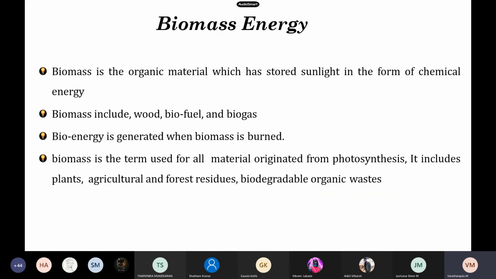This is the subsequent topic, biomass energy, which is organic material that has stored sunlight in the form of chemical energy. Biomass includes wood, biofuel, and biogas. Bioenergy is generated when biomass is burned. Biomass is the term used for all material originating from photosynthesis. It includes plants, agriculture and forest residue, biodegradable non-organic waste, and